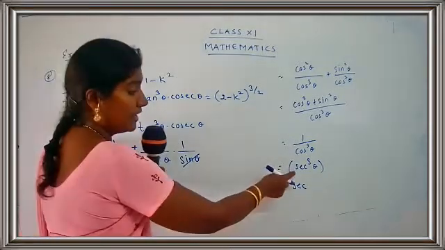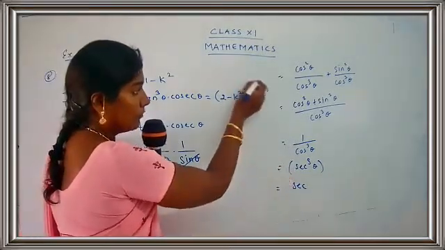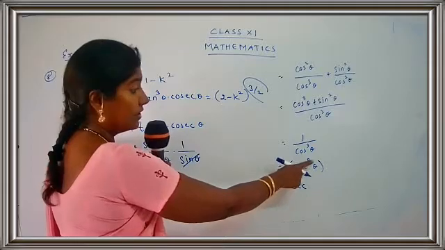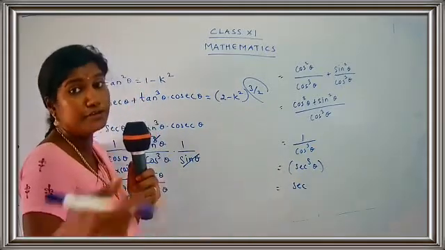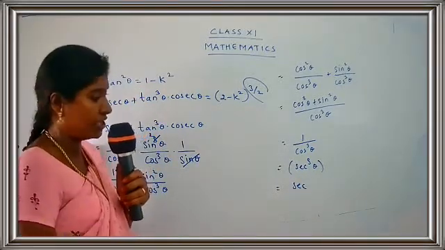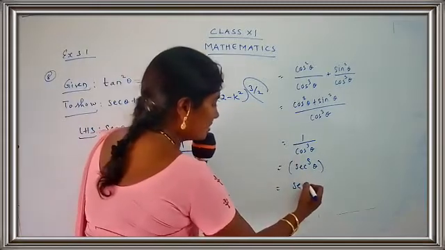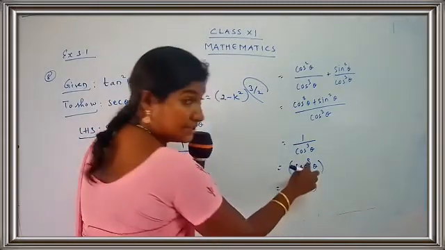This is the important part that you have to remember. Here I am going to bring, here I have a power 3. Now I am going to change this 3 in terms of 3 by 2. So how am I going to do the changes? Just see here, this is sec theta. Now this is 3.